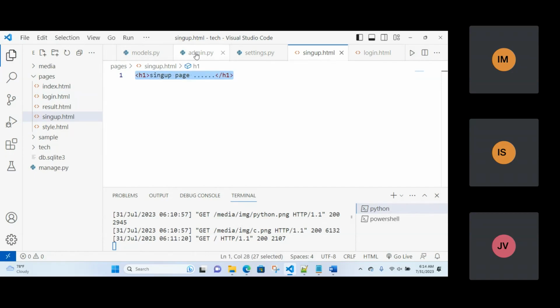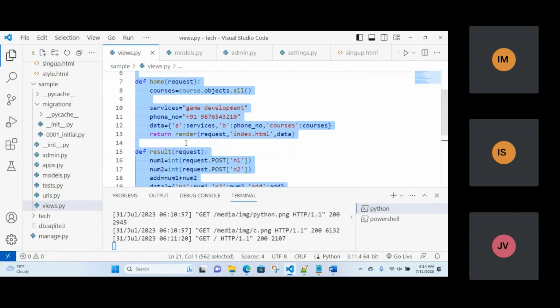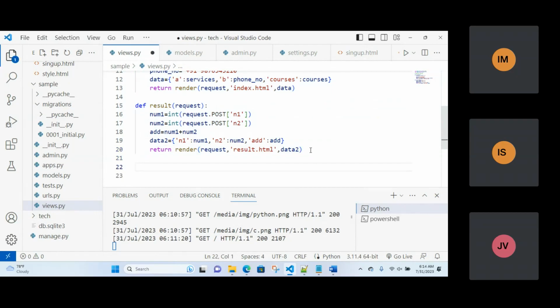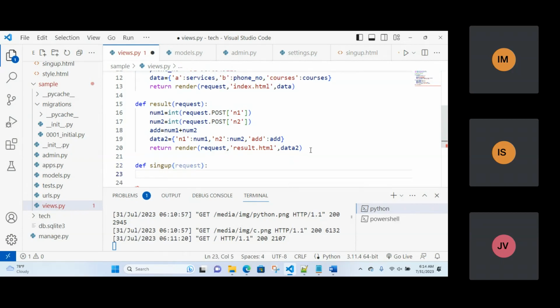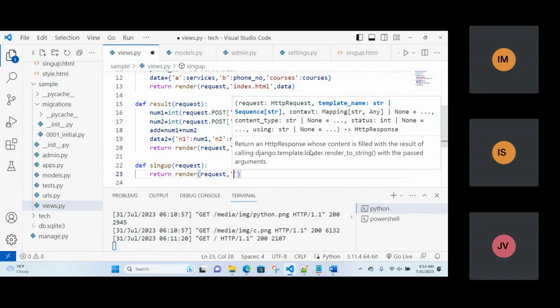So now let me check whether the files are created or not. How to check it? We just have to go to our views.py file. In this views.py file, you have to add, like how we created separate functions for the home and result page, the same thing, we have to create a separate function also. What functions do we have to create? We have to create separate functions for signup and signup request. And here you have to mention return render, and here you have to mention the request again. And which page do you want to connect? I want to connect with the